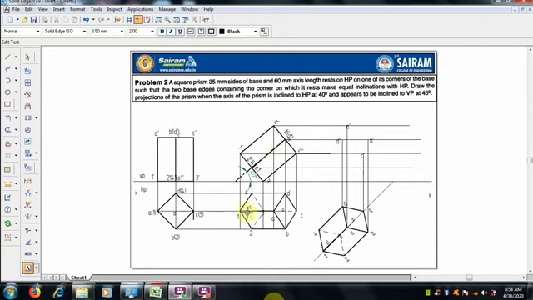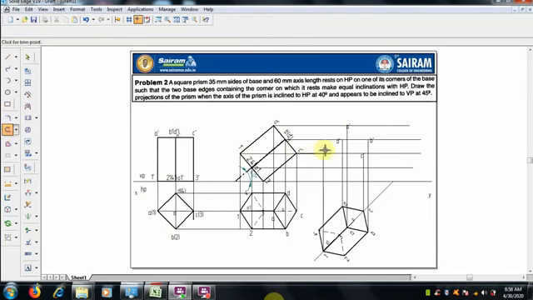Okay. Once it is over, then the bottom face, project 1 with 1 dash, 2 with 2 dash.